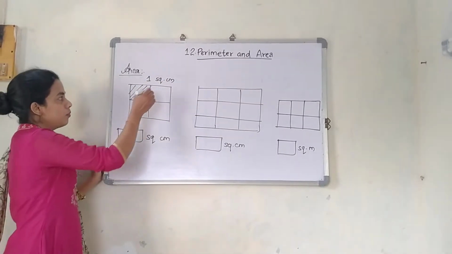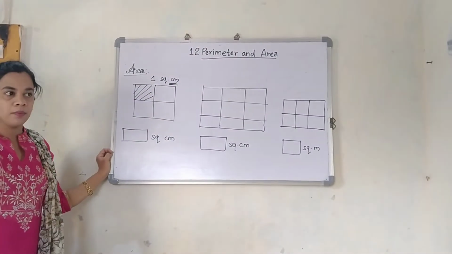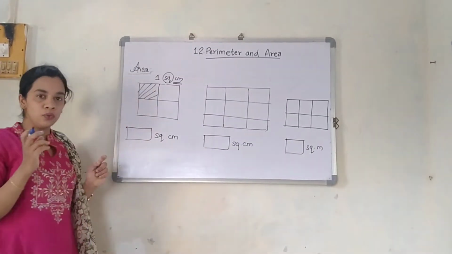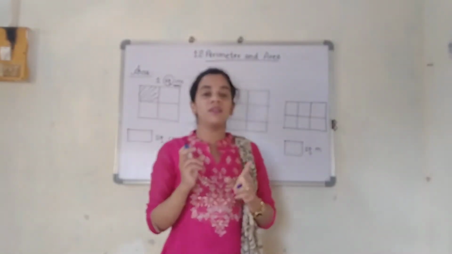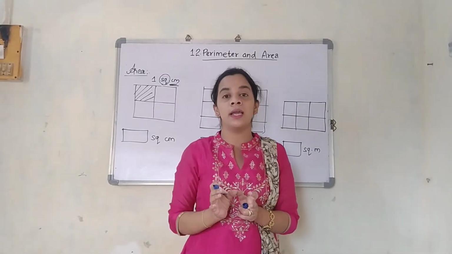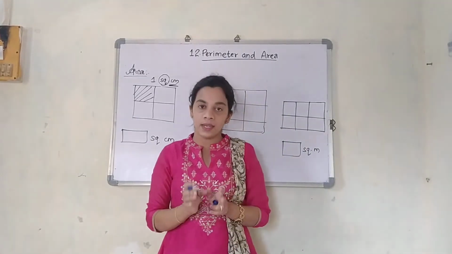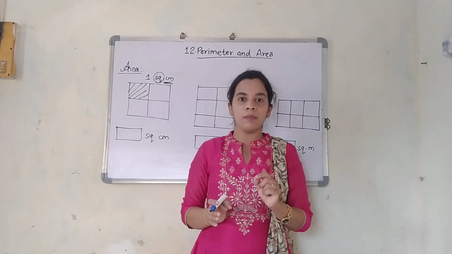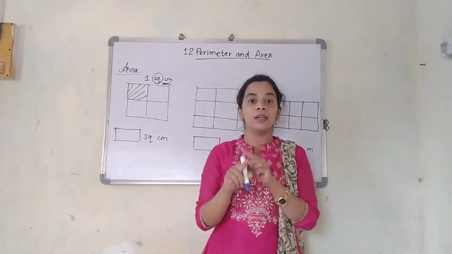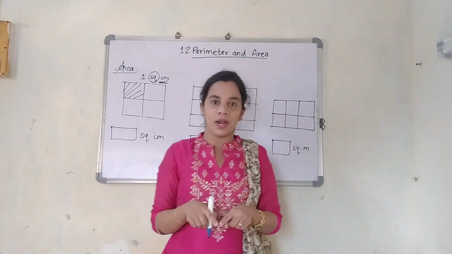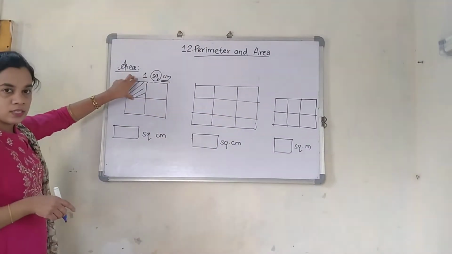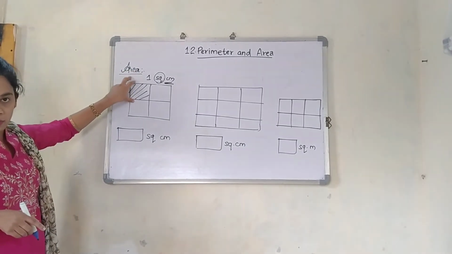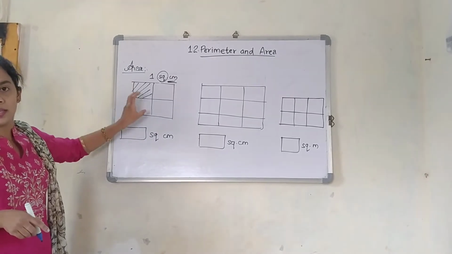I will just explain it to you. Centimeter is the unit to measure it. Why square? Because you can see over here, this square is the unit represented for defining a particular area. If you are finding the area of any figure, always remember you are supposed to use the word square in it. Why? Because you are considering all the sides of it. So this one box which you can see over here, this square box, its measurement is 1 square centimeter.